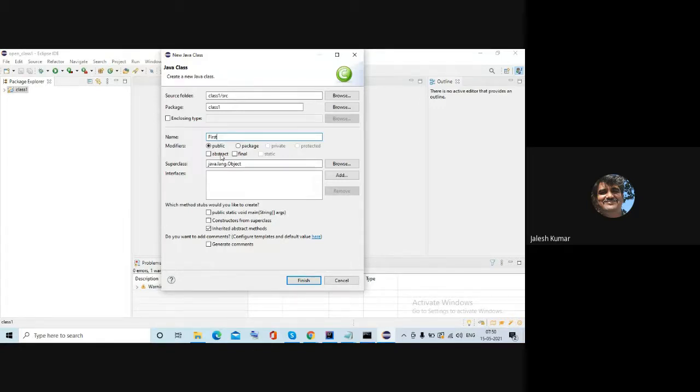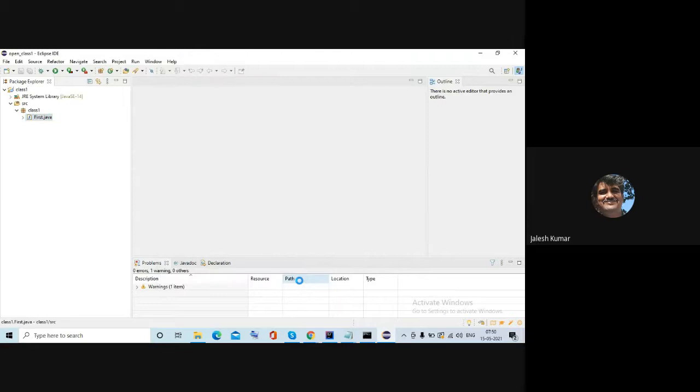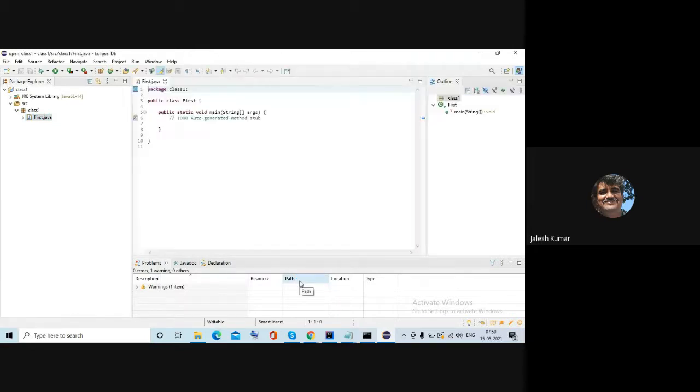Name, and public. Okay, if you see your folder, you can also create public static void main automatically. You can select that. If you do not select it, you have to type it, that's all. Once you select that, finish. See, this is what you will get: package class 1, because this particular program is residing in this folder, that's why it is named package class 1.